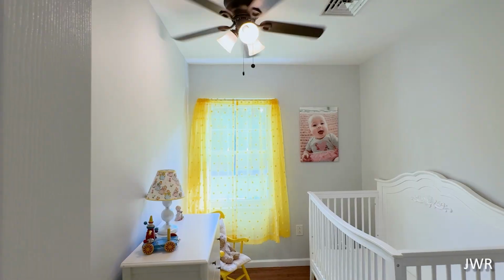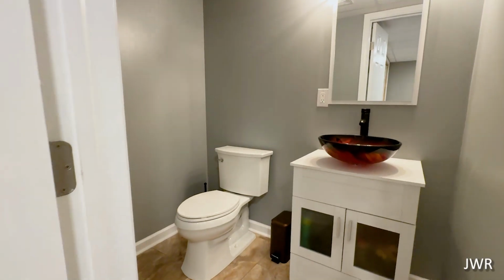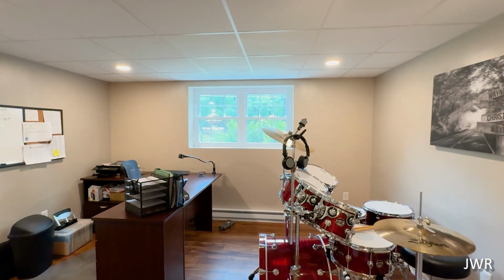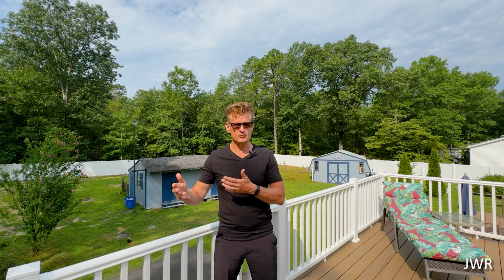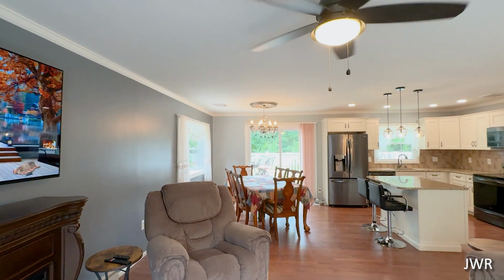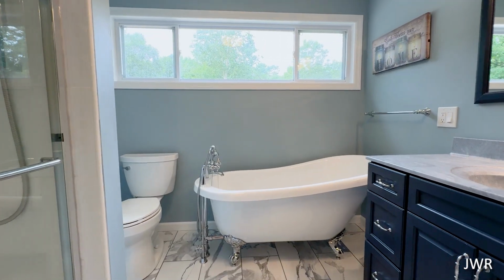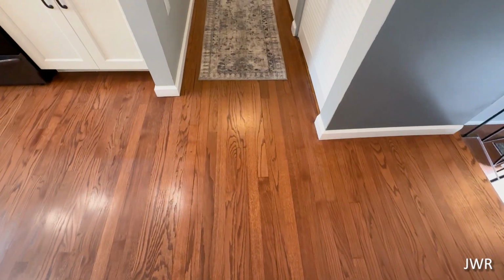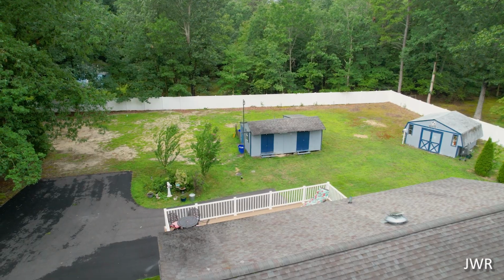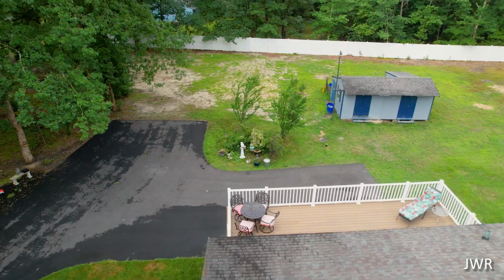The property is a 4-bed, 2.5 bath officially. However, you might be able to get 1 more bedroom out of this, but whether you call it a bedroom or not, or a bonus room, that's up to you. Property has been renovated in many, many ways. All kinds of lovely accent items, especially in the bathroom and the kitchen. Got lovely hardwood floors all throughout. And the backyard and side yard where you have the extra lot, simply incredible, especially if you like nature,